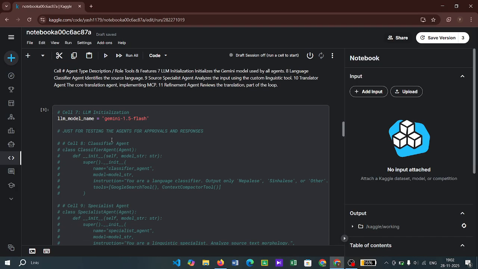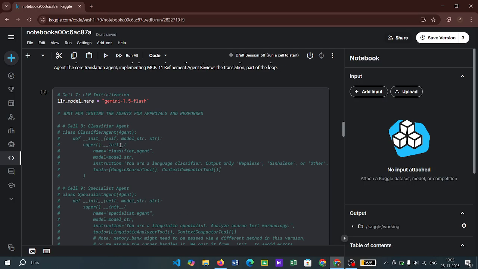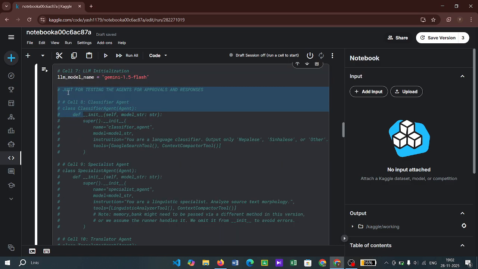Basically this is directly linked to our Gemini 1.5 Flash, the basic AI agent launched by Google in previous months. So, you are seeing this part, it is written just for testing the agents for approvals and responses. Basically I have tested this model, but I have found many errors and I have tried